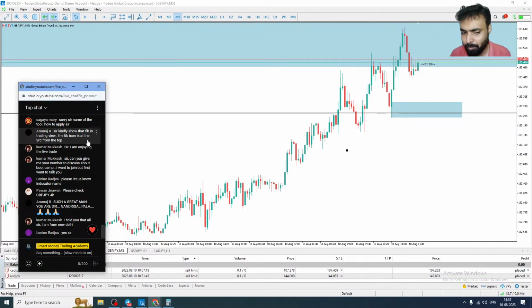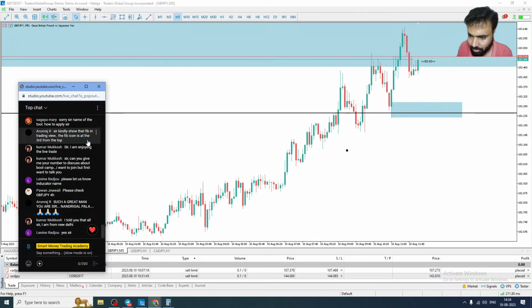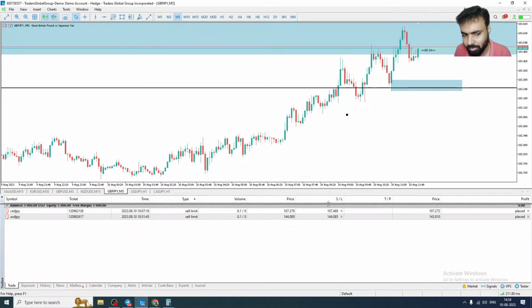And in between, if possible, I will be trading this account because I mostly wanted to trade in this account in the live market with you guys. So if possible, I will trade this account in between. If it is not possible, we will trade collectively in the weekly sessions. Okay. So I'm keeping these two trades, whether it is hitting stop loss or giving profit, that doesn't really matter. I'll show you guys the result.